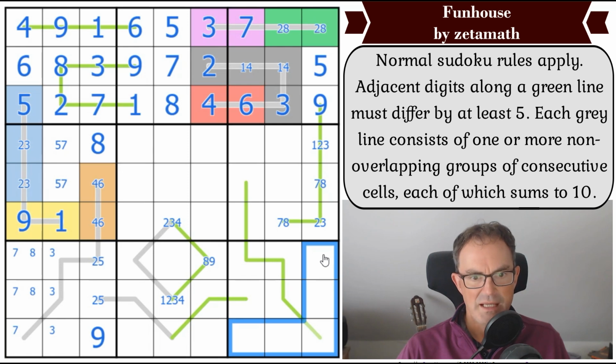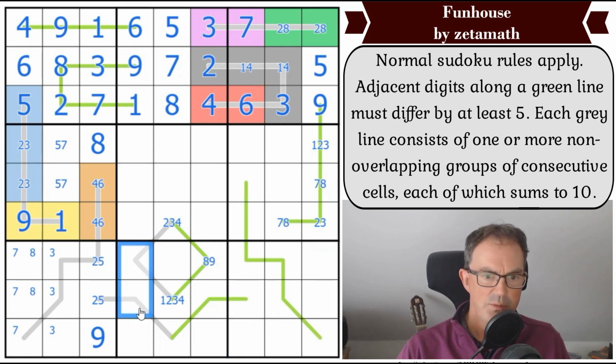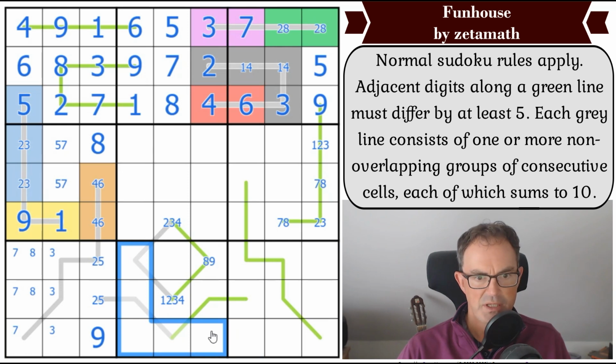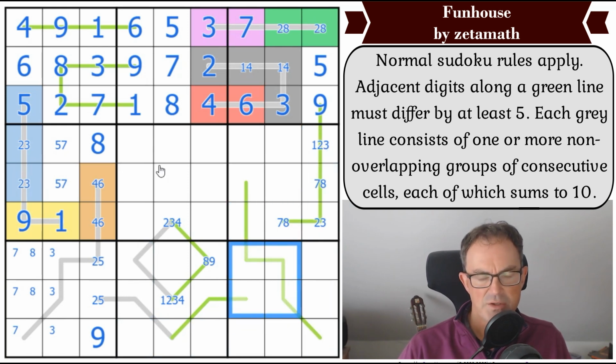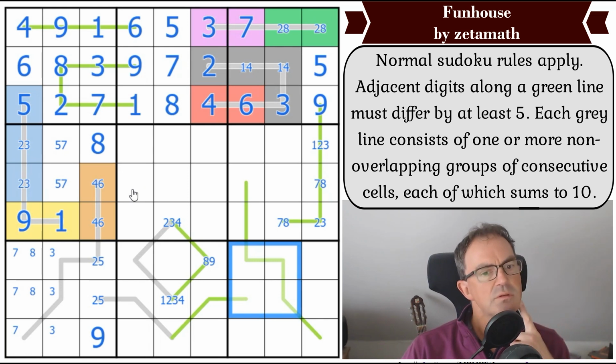9 is nearly... Actually, we do know a bit about 9, so let me just think about that for a moment. No, I don't think we do know enough about 9s. I might be wrong. I think 9 is on the whisper in box, or on a whisper in box 9, but I don't think I know where. Not sure. What about...